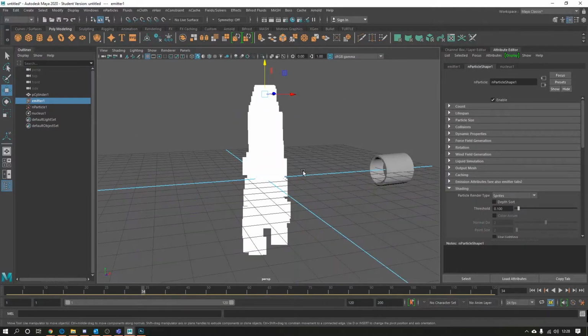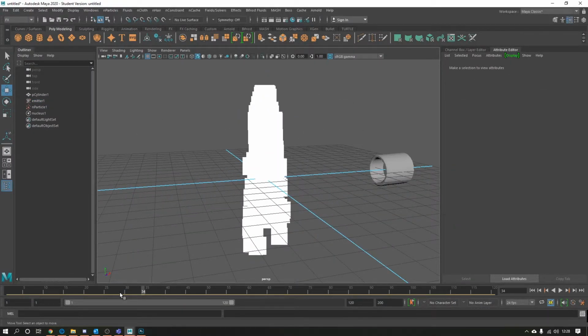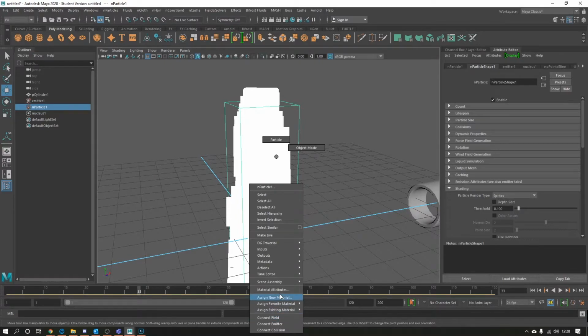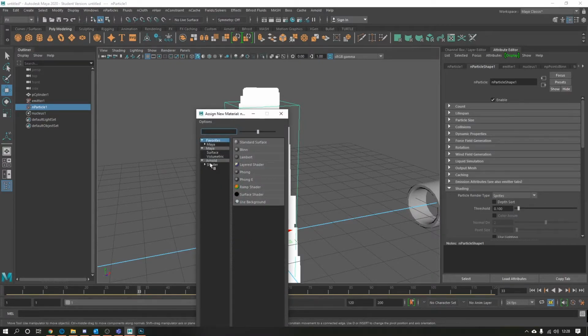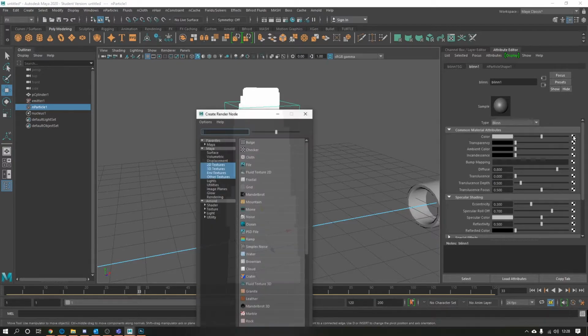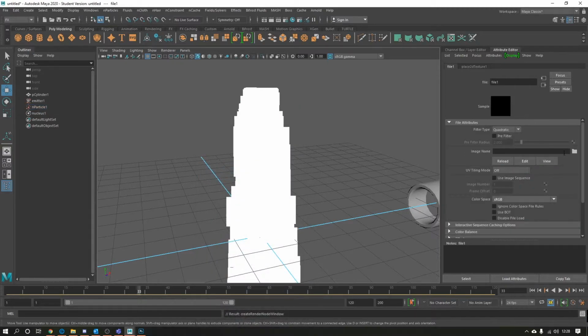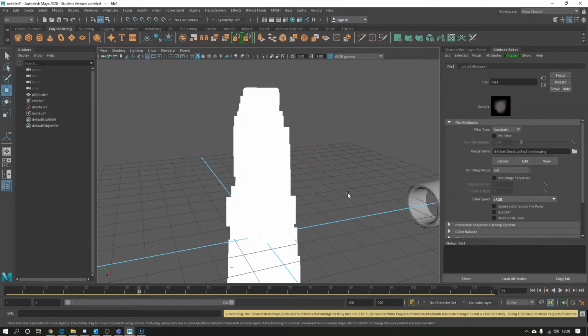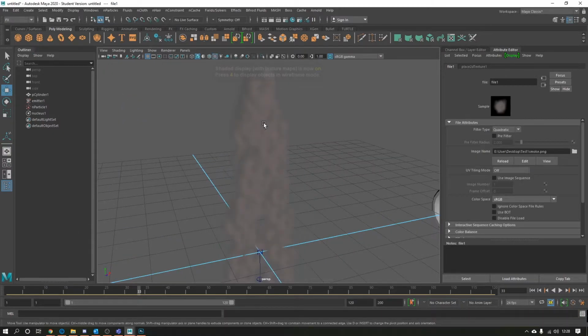Right, so what I need to do while my animation is playing is drag over the actual particles themselves, hold right click, assign new material, and then if we go into Maya, we can go on blend, and we got the one that says transparency as well as color. So first I'm going to set the color as a file. Click on the folder, locate my test smoke. If I press 6 on the keyboard,